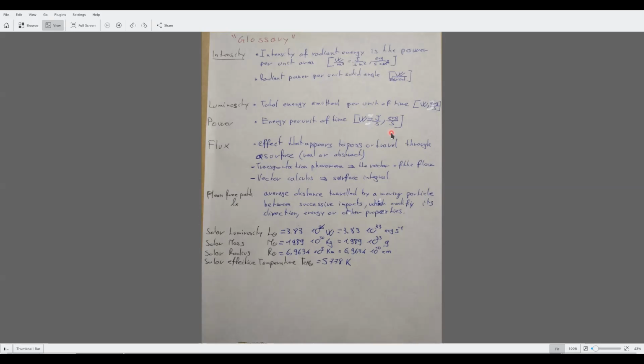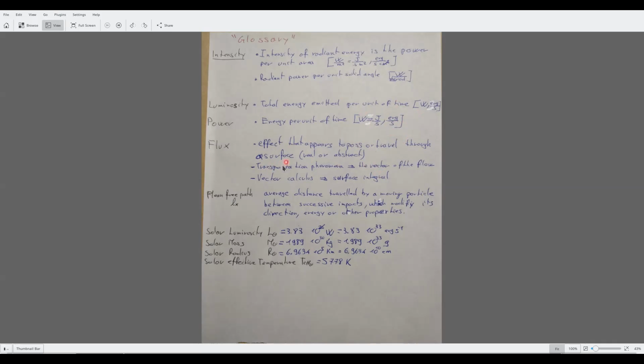CGS is centimeter gram second. It is used principally because densities are easily given as one gram per centimeter cubed and so on. It's not standard, but it's what is commonly used